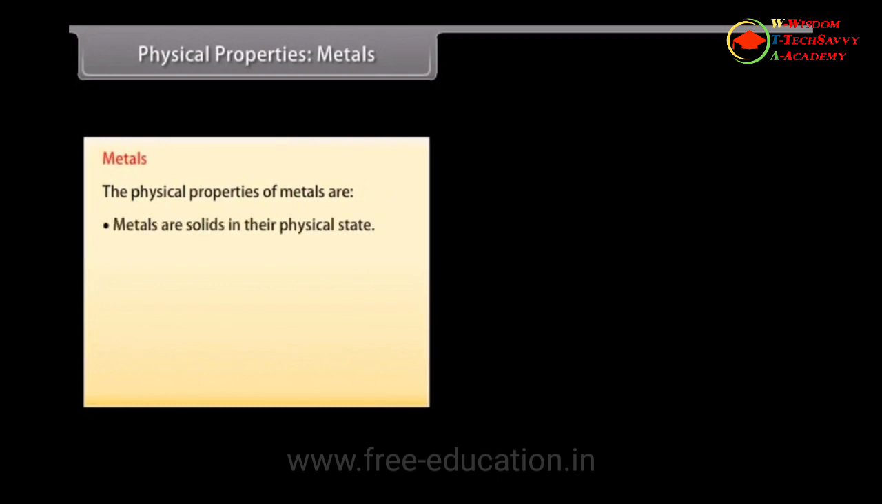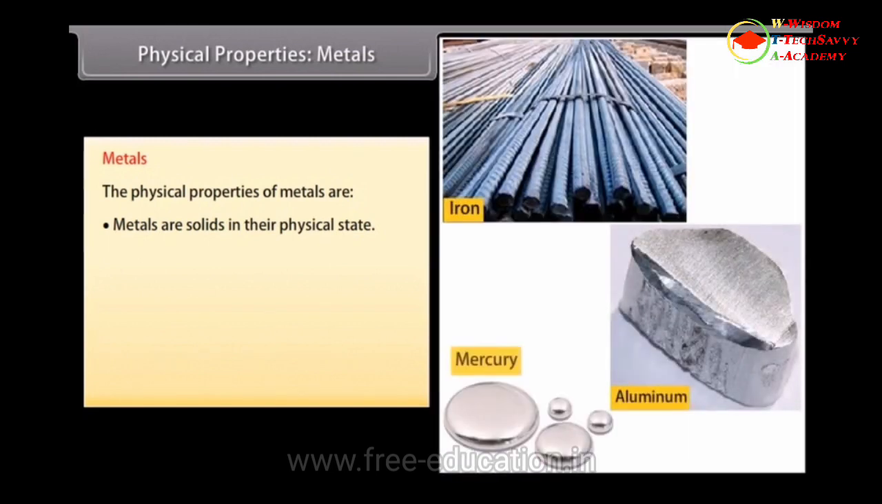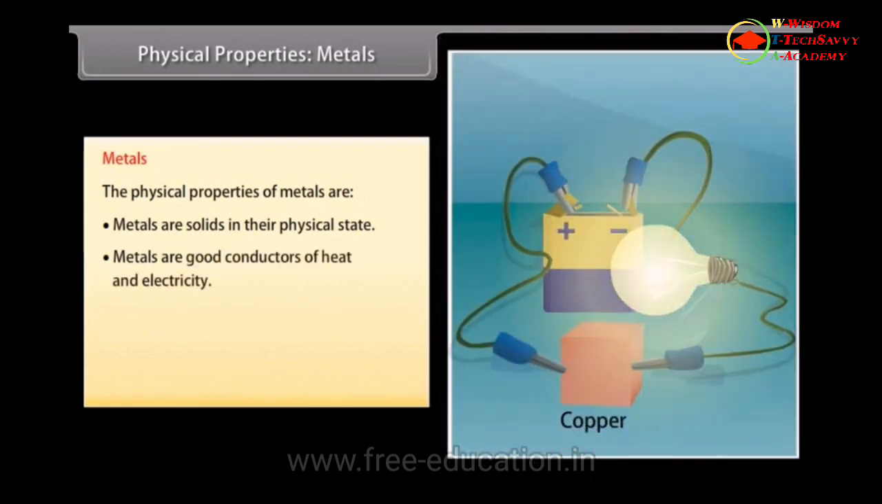Metals are solid at room temperature. For example, iron, aluminium. Only mercury is a liquid metal. Good conductors of heat and electricity. Metals are good conductors of electricity as they have free electrons. For example, silver and copper are the best conductors of heat and electricity, whereas lead is the poorest conductor of